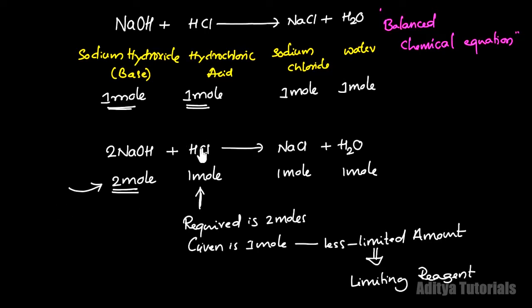To calculate the HCl, we take the reference of sodium hydroxide. To study the sodium hydroxide calculations, we have to refer to the HCl. Compared to HCl, sodium hydroxide is 2 moles. It is given in excess. It is the excess reagent. And how much product is produced? The products are in accordance with the 1 mole of HCl. The 1 molecule of HCl reacts with the 1 molecule of sodium hydroxide and produces 1 mole of NaCl and 1 mole of H2O. Let's see one more example like this.